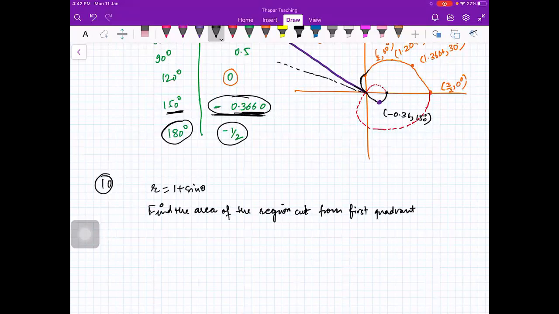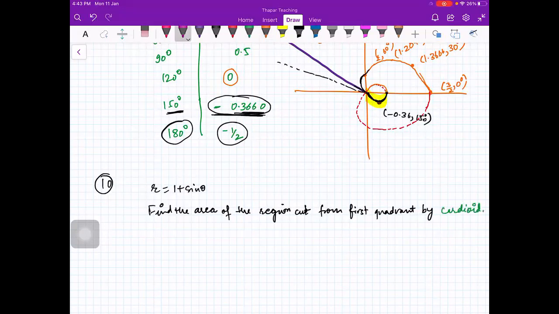Ma'am, for the lower curve, we just make it roughly, right? There are no points for it. This part you are talking about? No, ma'am, that dotted part. No, symmetry, exactly same you will make. Whatever you have made from 0 to pi, because there is a symmetry about the x-axis, exactly the same. The mirror image you will plot, right? Is that okay? Okay, ma'am.